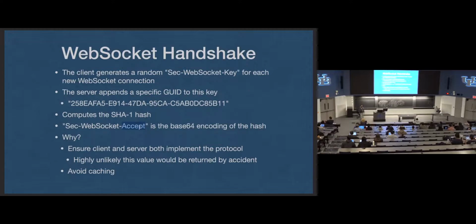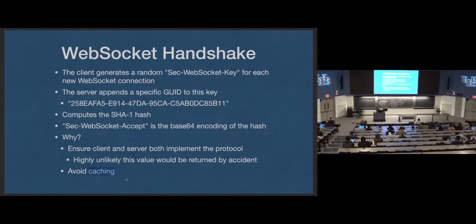If you get the correct accept, you're guaranteed, all but mathematically impossible probabilities, that that server actually speaks WebSockets. If they have this whole thing in SHA-1 and Base64, nobody did that by accident. It can't happen. They speak WebSockets if you get that.